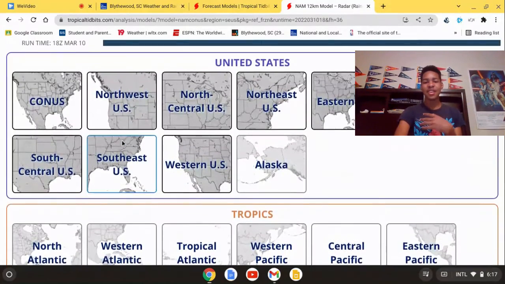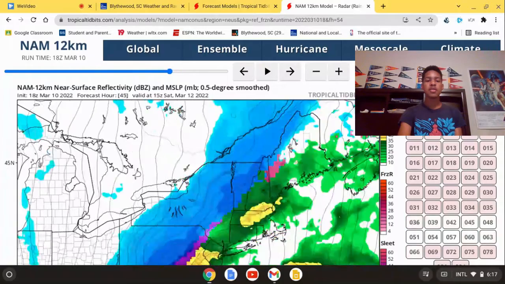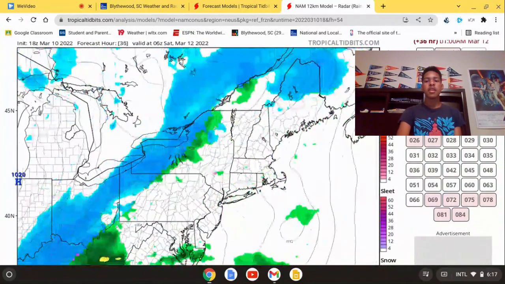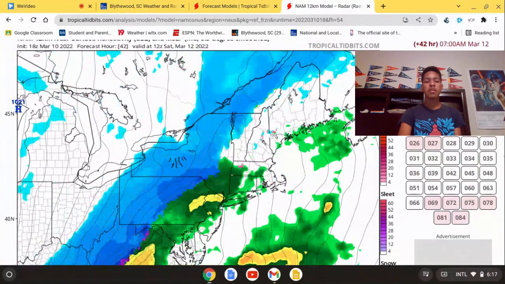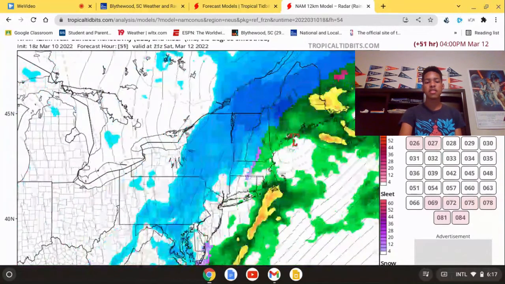Now, let's go to the northeast U.S. As we get into the northeast, it mainly starts on Saturday. So there's the clock, 1 a.m. on Saturday. We'll see the snow starting to come. Places like the I-95 corridor might start off as rain, and then transition to snow.